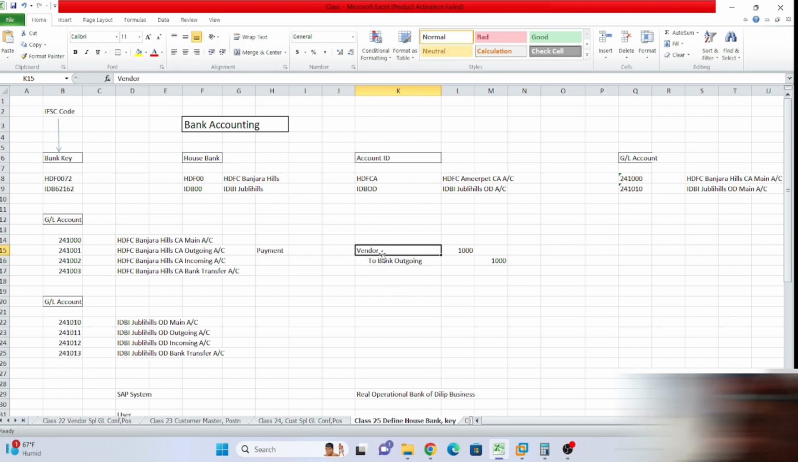Are you facing difficulty? No, no. Okay, see, this is the first journal entry for the payment. But this bank outgoing account has to be adjusted in the main account at the time of reconciliation. Then what will be the entry? Bank outgoing account 1000 debit to